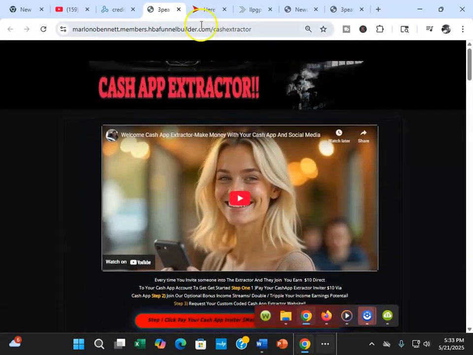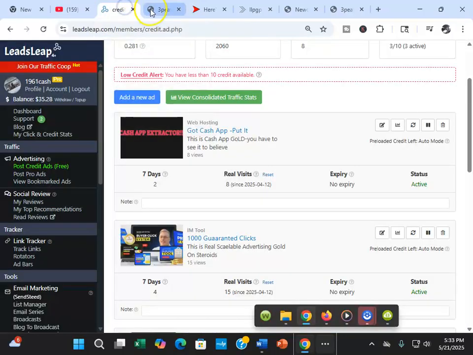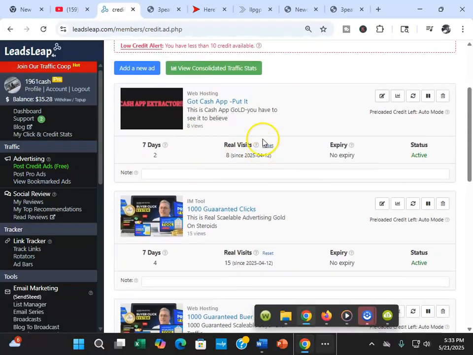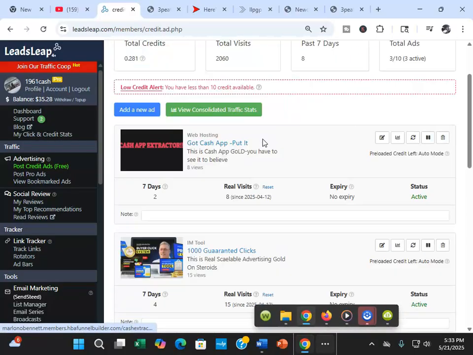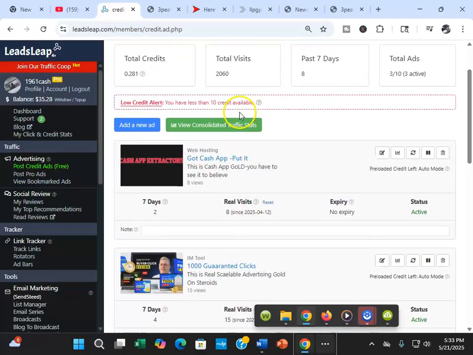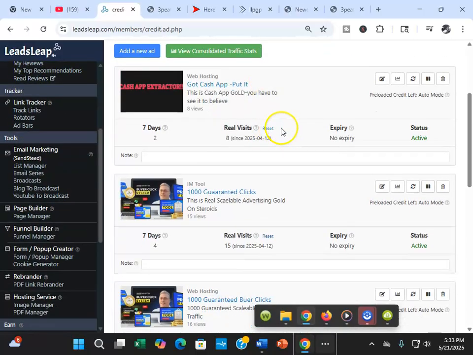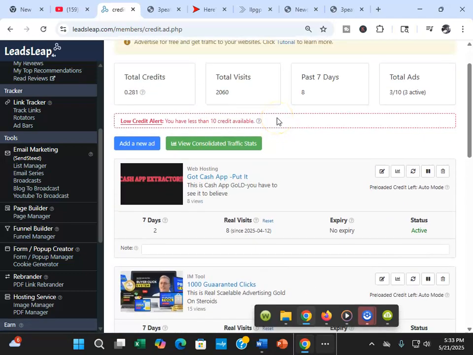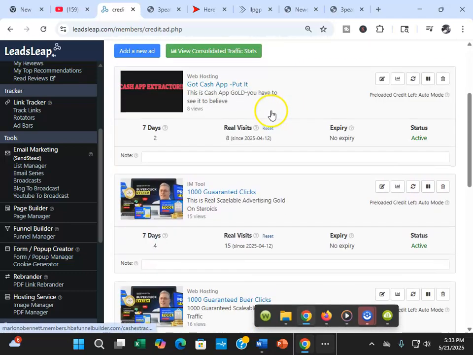Okay, sorry it took so long, guys, but that's how you generate traffic. Free traffic, by the way. This is how you generate leads inside of the Leads Leap platform. And because I took so much of you guys' time playing around with that image, I'm not going to go through any more. I'll just continue in another video. I just wanted you guys to know how you get yourself kicked off. If you want to start generating leads, you can do it inside of Leads Leap.